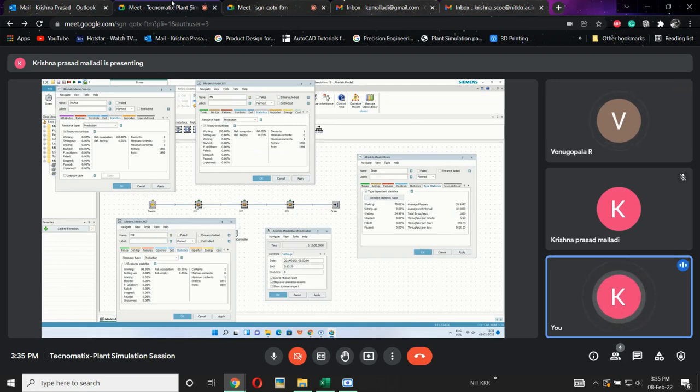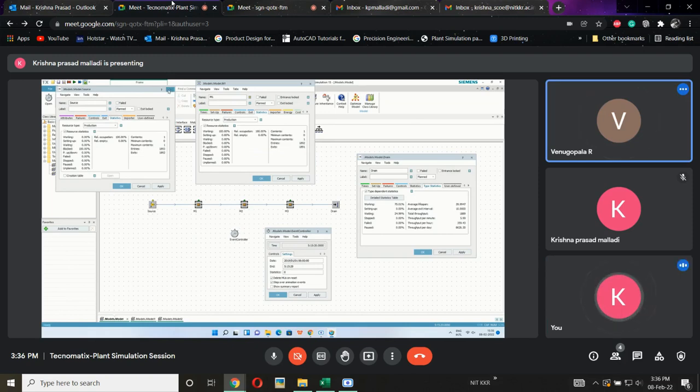If I want to increase this throughput, I can do some optimization. Maybe I can decrease the distance between these two, or I can do some modifications with which I can try to increase this throughput. That is called throughput optimization. So we are trying to increase the machine capacity. That is throughput, sir. Clear? Okay, got it.